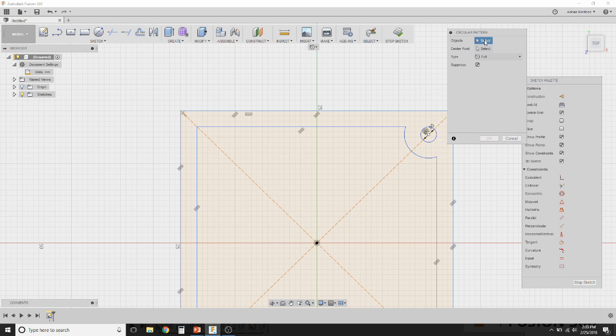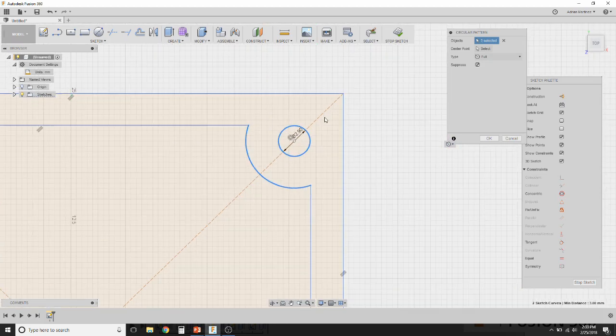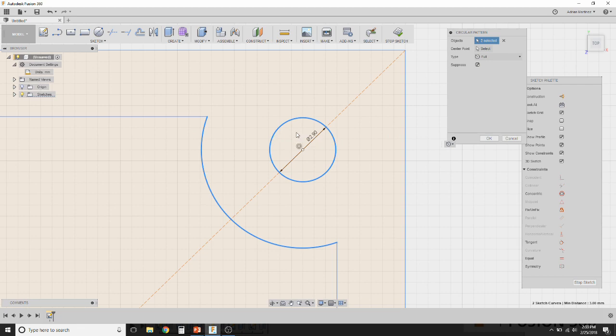You're going to want to identify the objects that you want to make a circular pattern out of first. And what we're going to do is select this little curve here and then the actual circle. If you have a hard time clicking on those, you can zoom way in. Zoom is your friend in this respect, because sometimes you might accidentally click just the little point at the center, and that will really just give you a point, which is not particularly valuable. So you just want to make sure you have the circle and then the little curve on the outside here